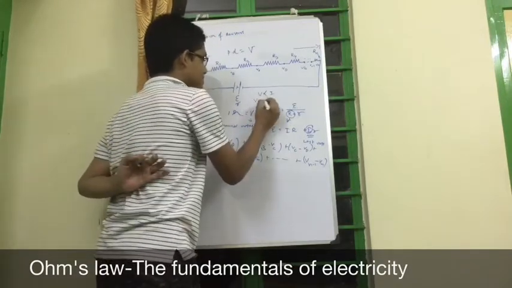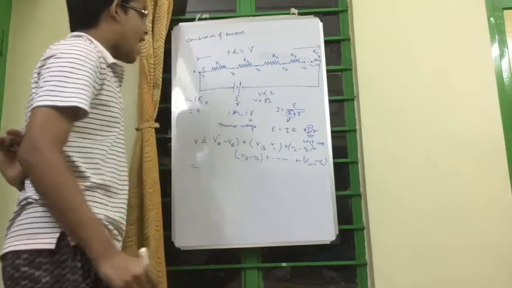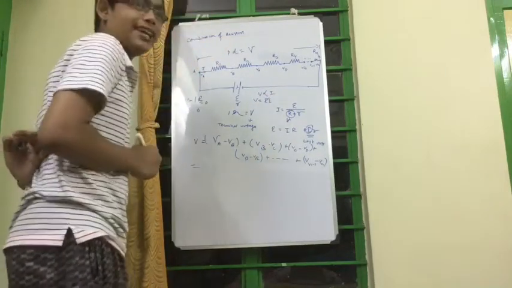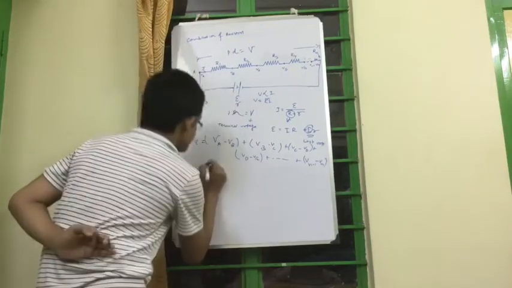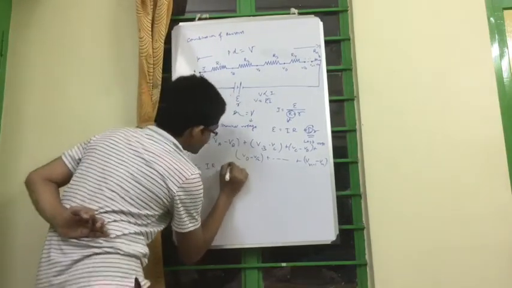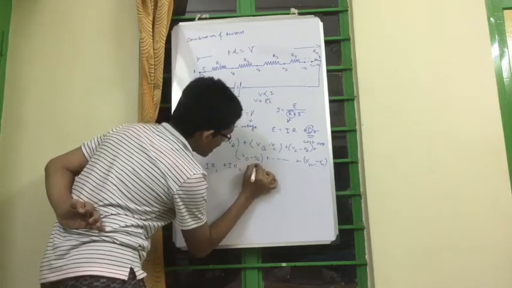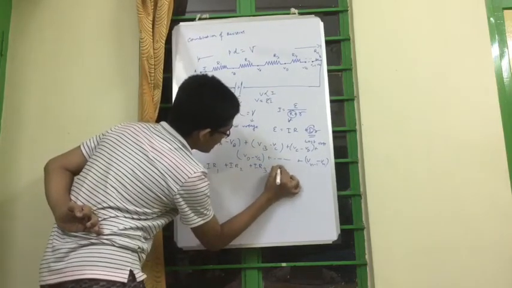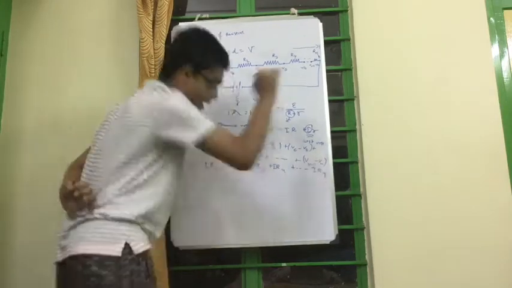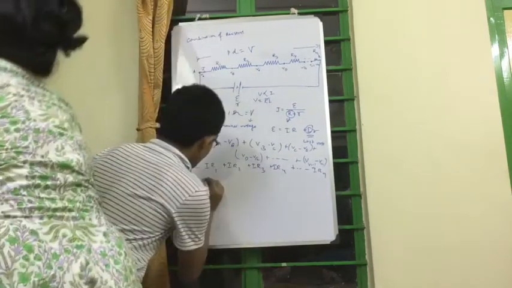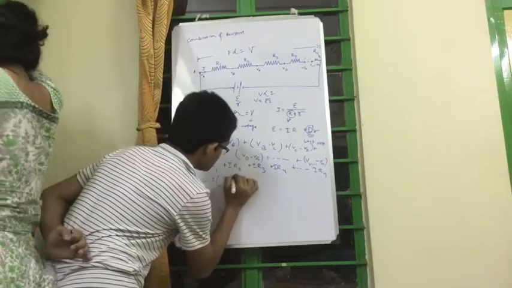So V equals IR, where R is the constant of proportionality. So VA minus VB is I R1 plus I R2 plus I R3 plus I R4 plus up to I Rn. And if you take I common,